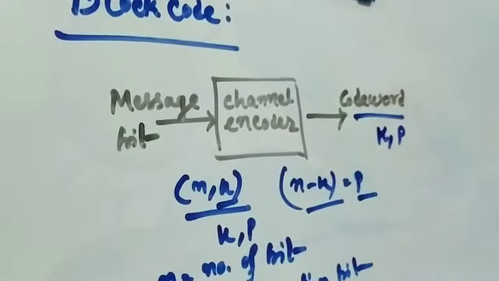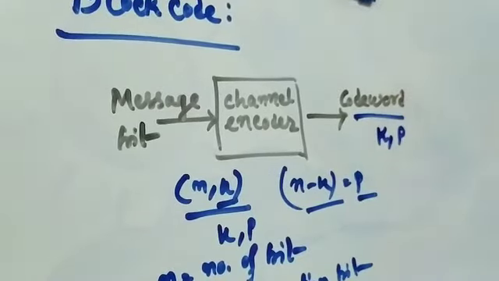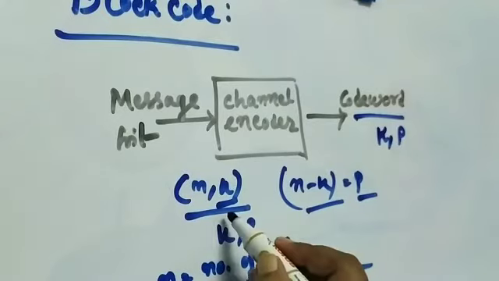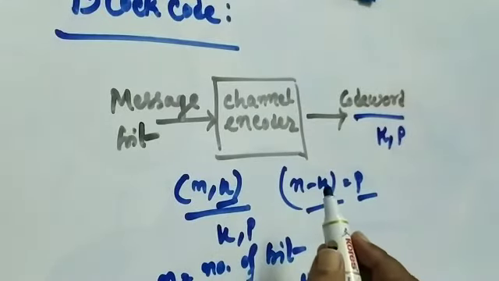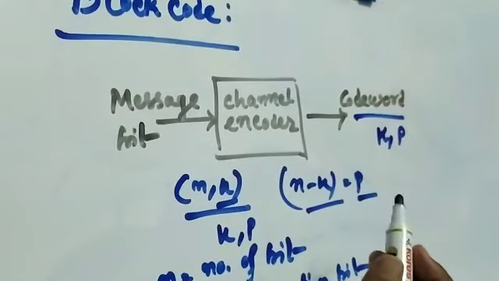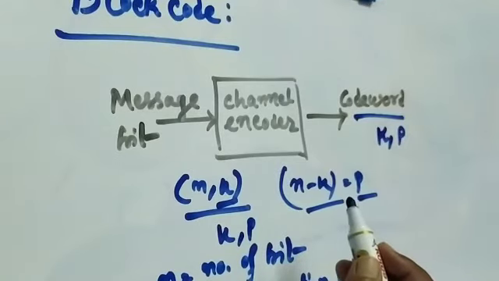Now, since parity bits do not carry any information, they are known as redundant bits. So we can say a block code can be represented by an (N, K) code, where N is the number of bits present in a code word belonging to this code, and K is the information bits which will be encoded further. A block code is a fixed length code.